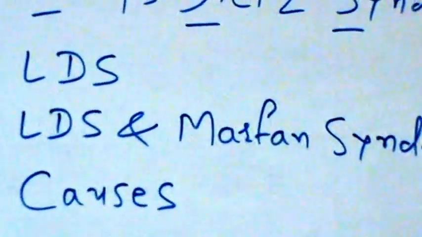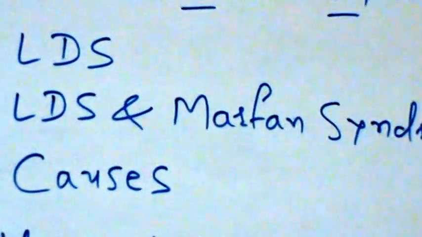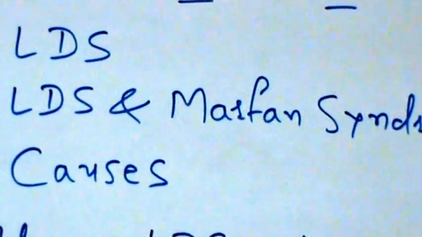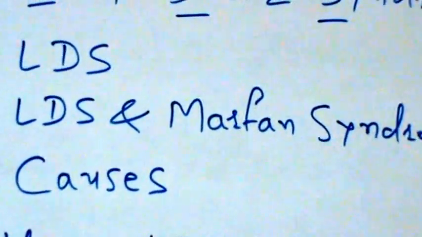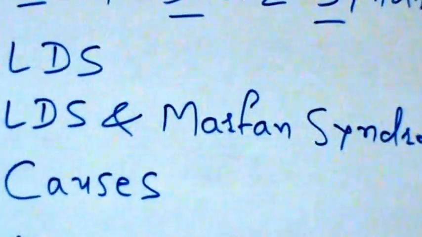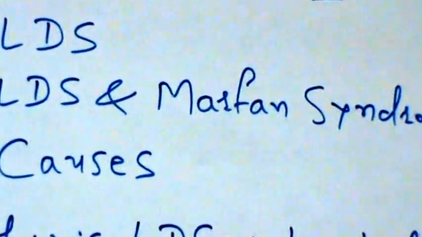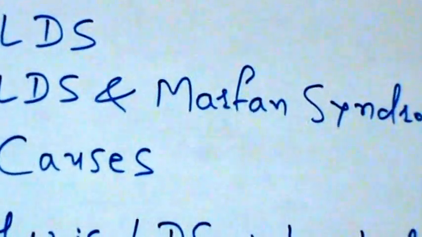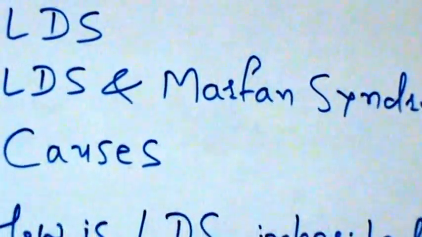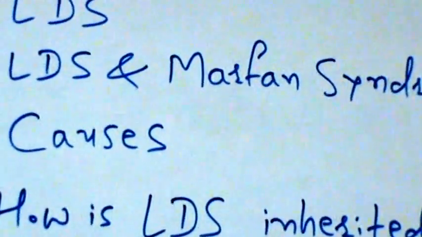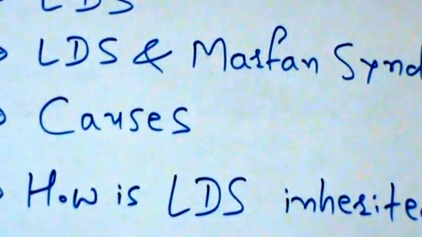Some of the LDS features are different from Marfan syndrome and are very important for making a correct diagnosis. When a person has these particular features, it is important that the doctor think about LDS. The features that set LDS apart from Marfan syndrome and many other connective tissue disorders include arteries that twist and wind, or arterial tortuosity, or aneurysms and dissections in arteries other than the aorta, widely spaced eyes or hypertelorism,